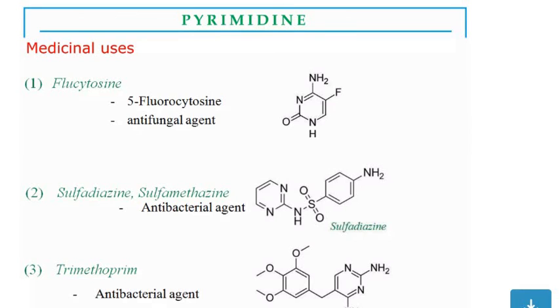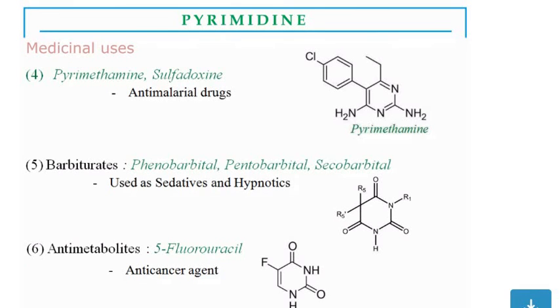Now, uses of pyrimidine in medicine. Flucytosine, 5-fluorocytosine, an antifungal agent. Sulfadiazine and sulfamethazine, antibacterial agents. You can see sulfadiazine which contains pyrimidine. Trimethoprim, an antibacterial agent which contains pyrimidine. Now, pyrimethamine and sulfadoxine, antimalarial drugs,